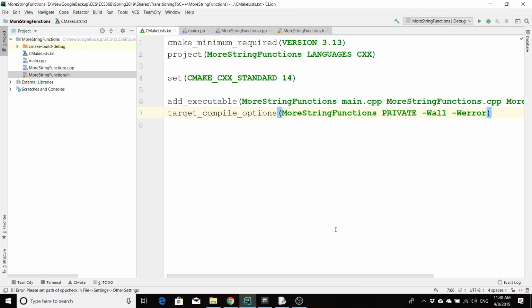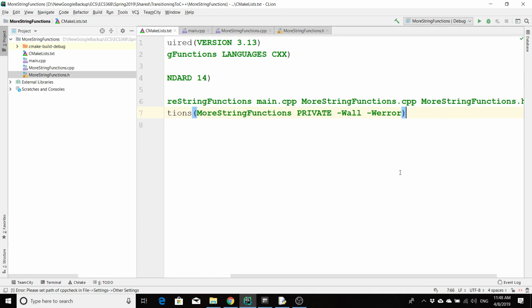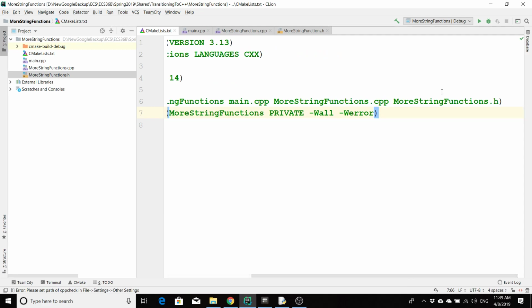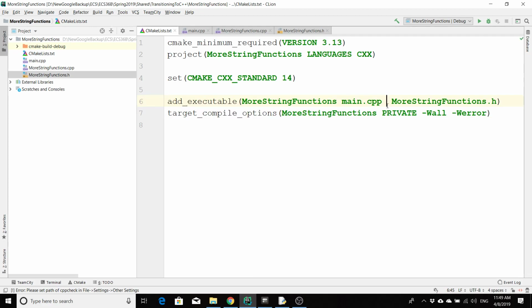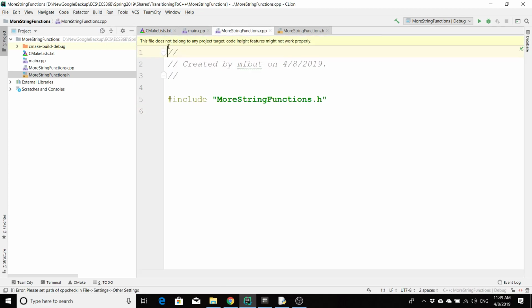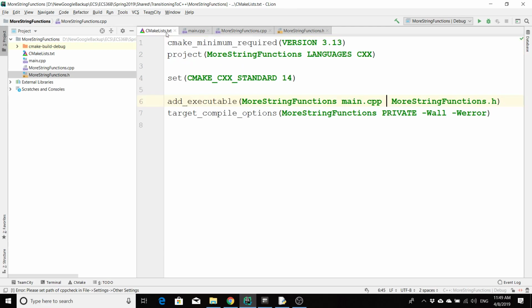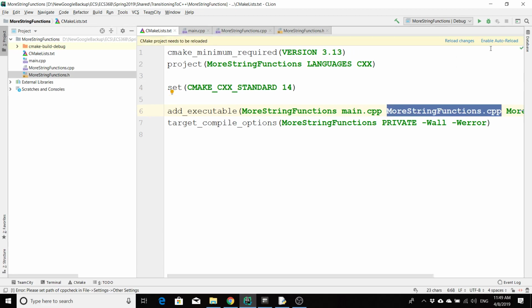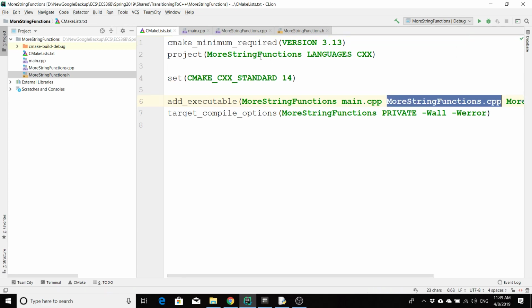And notice that it also added both the CPP and the .h to my project. If for whatever reason I didn't have this in here, and we reload the changes, if we go over here to more string functions, it says this file does not belong to any project. Target code insight features might not work properly. So if you ever get this little warning appearing at the top of your file, it's because it's missing over here in the add_executable line. If we pop it back in and we reload the changes,